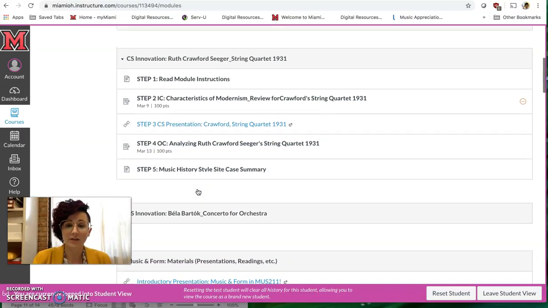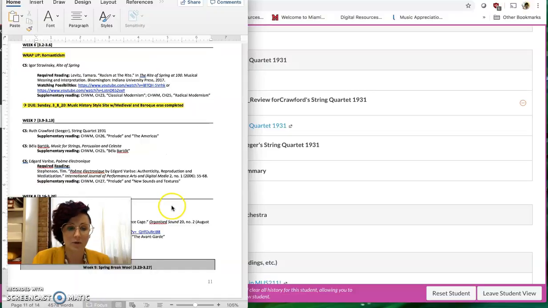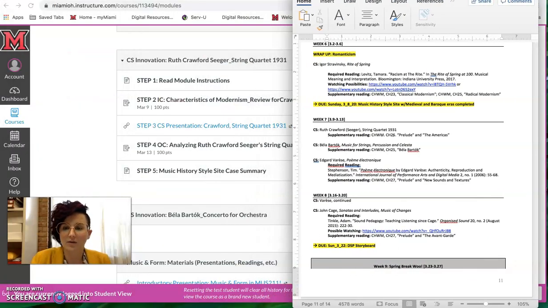I have some evening obligations tonight, but tomorrow, while you're working through and completing this case study asynchronously, I'm going to be adding content to the next case study, which is Bela Bartok's Concerto for Orchestra, which is slightly changed from our syllabus. You'll note we were supposed to do Bartok on Wednesday, so Seeger is going into Friday's class, essentially. Bartok, you'll have to work through some things by Sunday evening, and then by Monday evening, or Monday into Wednesday,